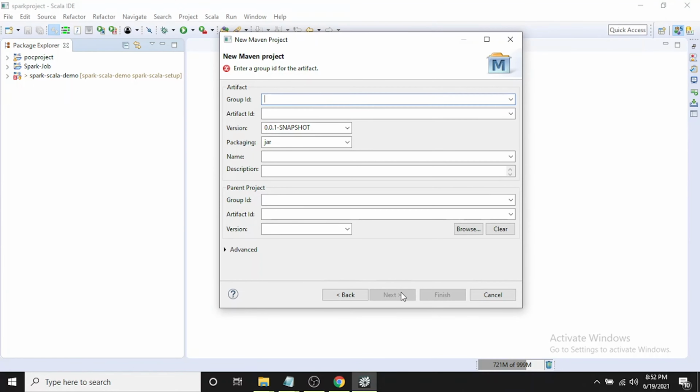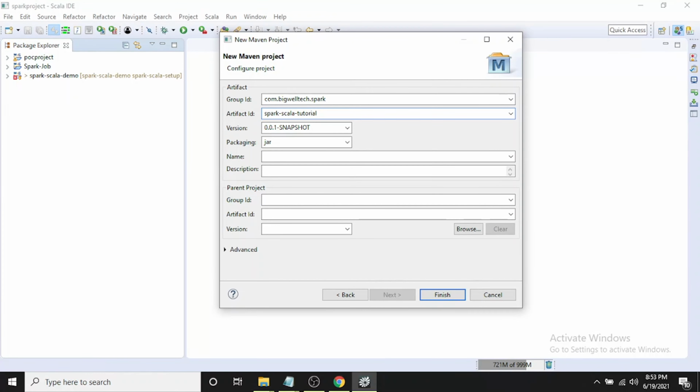Here you can write the group id. Always remember, the group id should be the reverse of your domain name: com.bigwelltech.spark. For the artifact id you can give spark-scala-demo or tutorial.